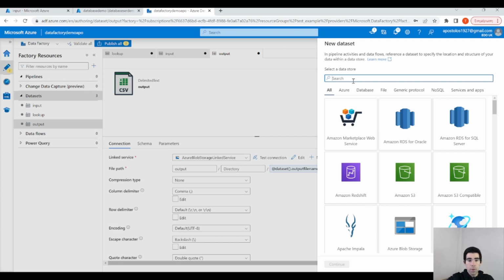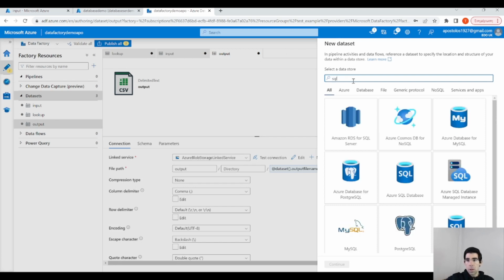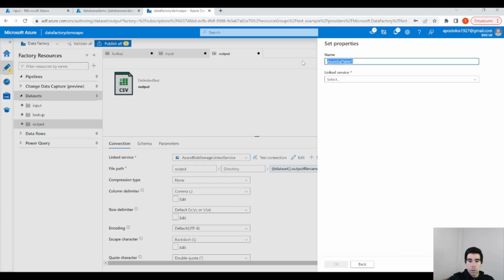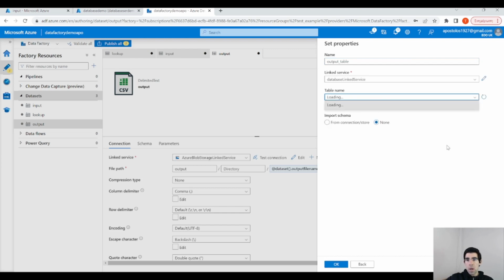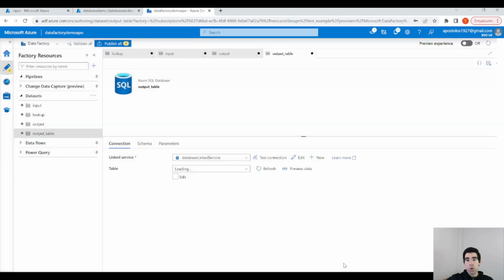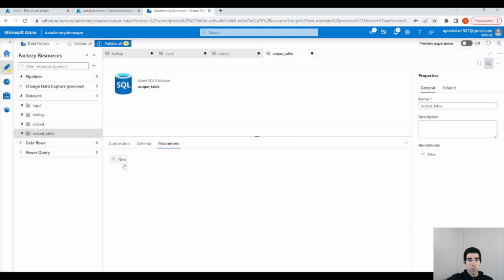So again, Azure SQL Database, click on continue, let's call it output table, link service. We have already created a database linked service, table name. We don't have to specify again because remember, dynamically we are going to copy the data from Blob Storage into the database, so we don't have to define the table name here. We are going to use a parameter again. Let's create a parameter, call it table name,